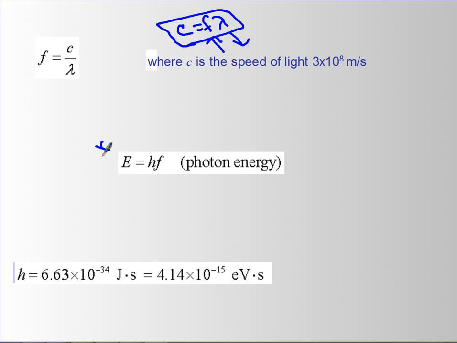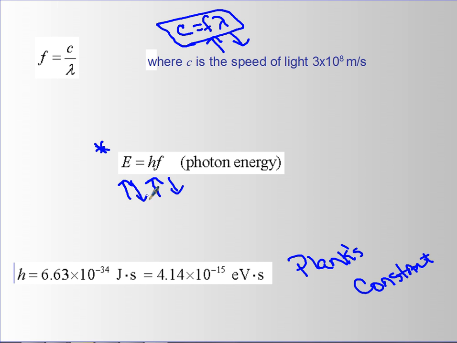However, we are going to define, not we, but they define, the energy of a photon as E equals hf, where h is Planck's constant, P-L-A-N-C-K-S. All right. Planck's constant is either 6.63 times 10 to the negative 34 joule seconds or 4.14 times 10 to the negative 15 eV seconds. You're going to get the constants, just use whichever one is appropriate. Now, the energy of your photon is proportional to the frequency. So as you increase the frequency, the energy goes up. As you decrease the frequency, the energy goes down.